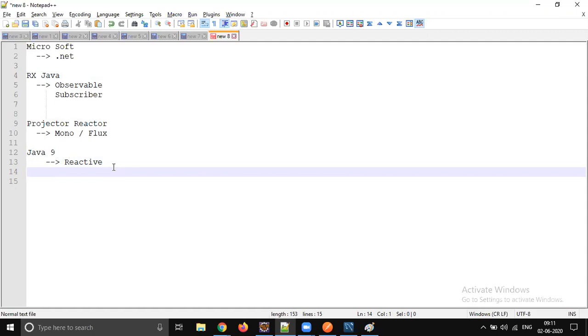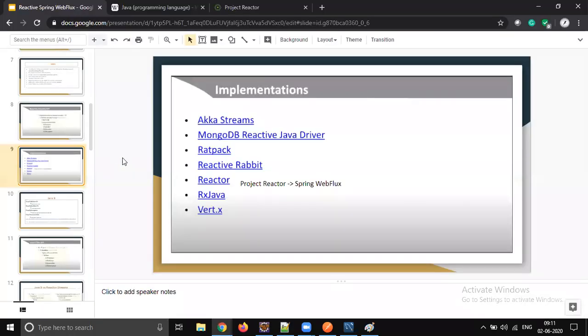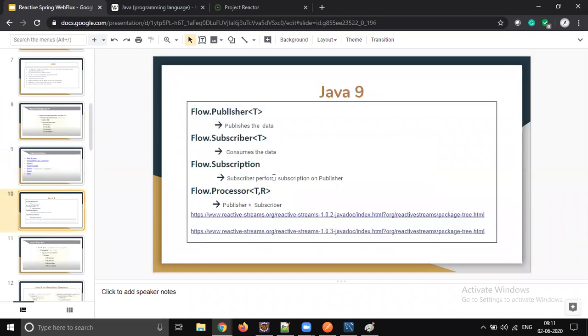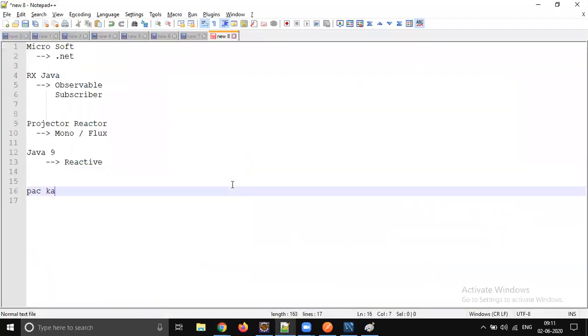It's already there. The only thing is it is just a simple package difference, right? The methods and the API standard are going to be the same. Whatever we have in the reactive streams is going to be there in Oracle also, but the package is not org.reactivestreams. Oracle has its own package structure, right? So it's java.util.concurrent. There is an outer class. So this is what is in Java.